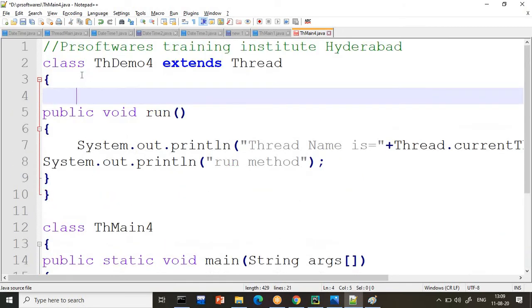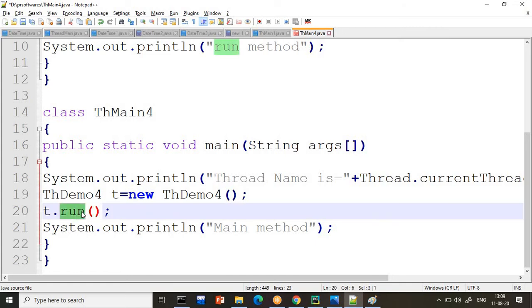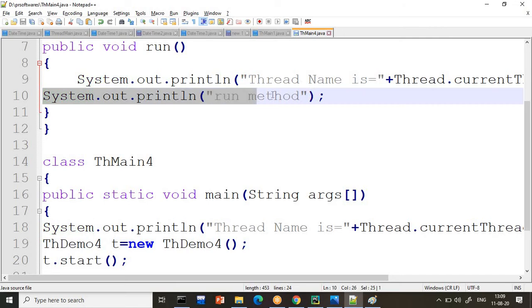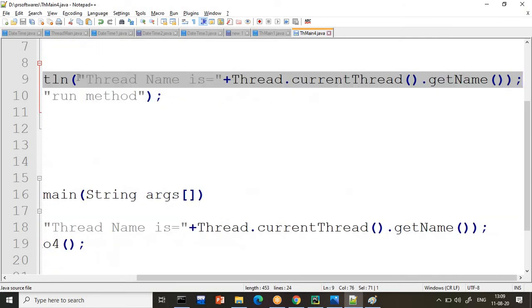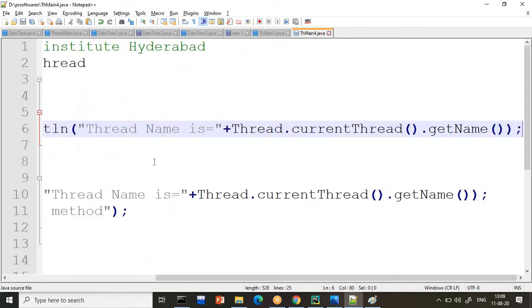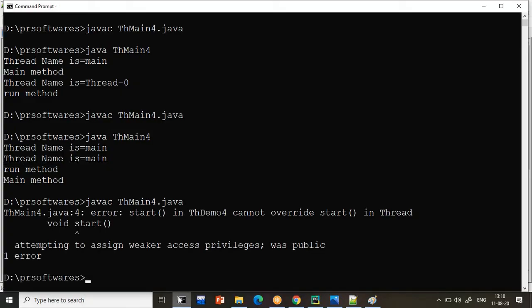One more point, if you remember, we called void start. I told you that if you override this method, again the thread will not be created. Now you observe, t.start and t.run, I'm calling both. Otherwise do one thing, don't call the run method, because again you will say, sir, it is showing the old output. So I will copy and paste this concept into start also, so that you get to know which thread is executing the start, main or Thread-0, that you have to analyze here.